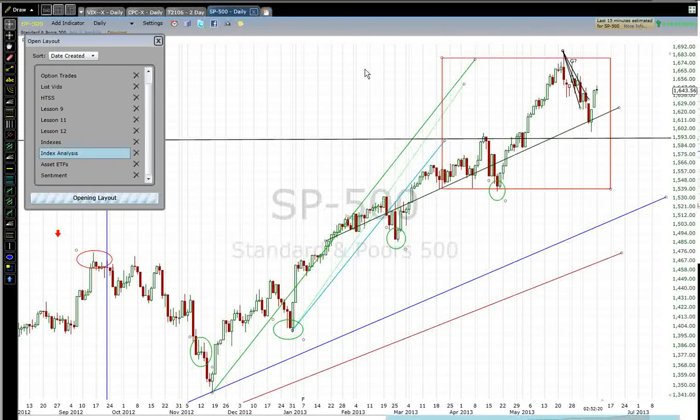Let me move to some other charts now and briefly show the technical picture here. I think there are a couple things to watch for on the technical indicators. When we look at a MACD chart currently,